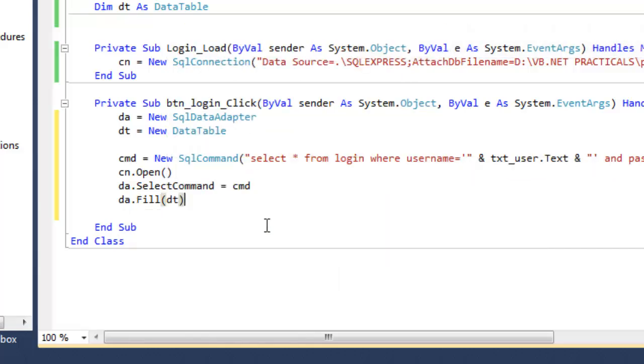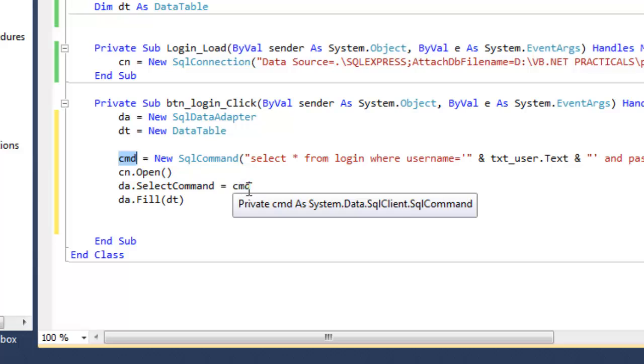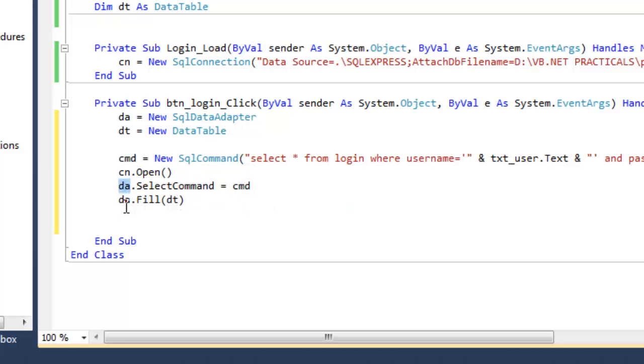Okay, again I repeat, the result of this query is stored in the command object. The command object's result is now moved to the data adapter, and the data adapter's data is moved to the data table.